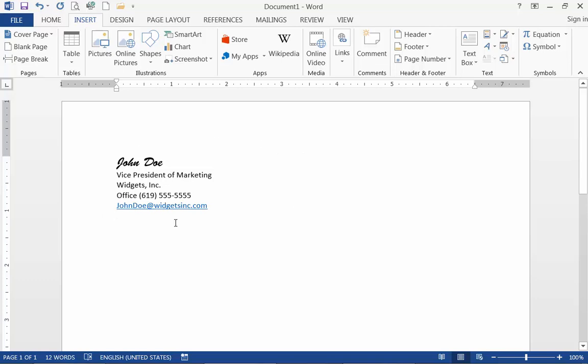Now, instead of having to type this all out manually at the end of every letter, John Doe could include this as a building block of his own, and can create a custom building block. But before I show you how to do a custom building block, let me show you the built-in ones that Word comes with. Okay, you have to go to the Insert ribbon, which we already are on the Insert tab,